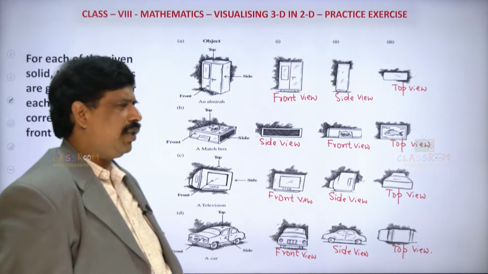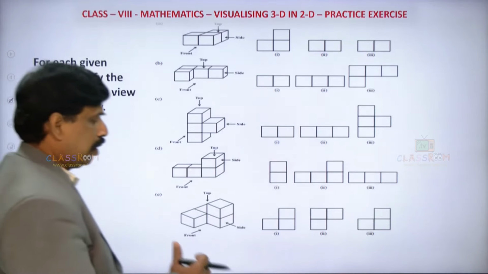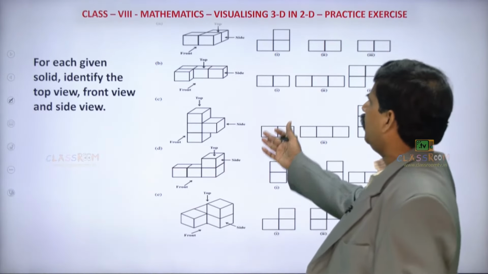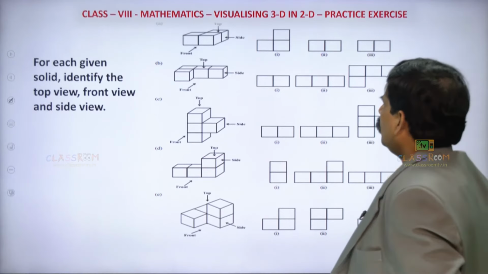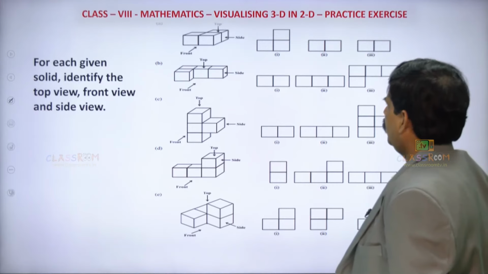Now let us move to the next one here. For each given solid, identify the top view, front view and side view. So this is going to be a very, very important one here. So some objects are given here. So how we can say, like these objects,